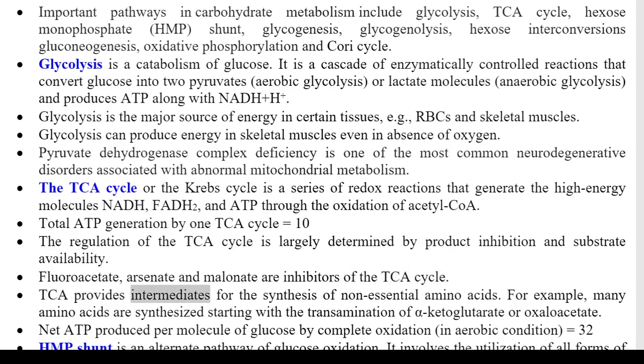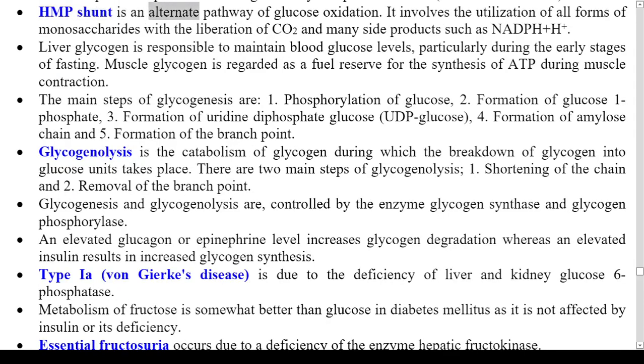TCA provides intermediates for the synthesis of non-essential amino acids. For example, many amino acids are synthesized starting with the transamination of alpha-ketoglutarate or oxaloacetate. Net ATP produced per molecule of glucose by complete oxidation in aerobic condition equals 32. HMP shunt is an alternate pathway of glucose oxidation. It involves the utilization of all forms of monosaccharides with the liberation of CO2 and many side products such as